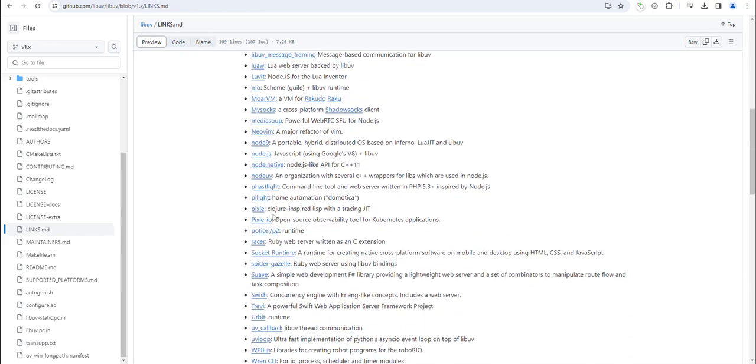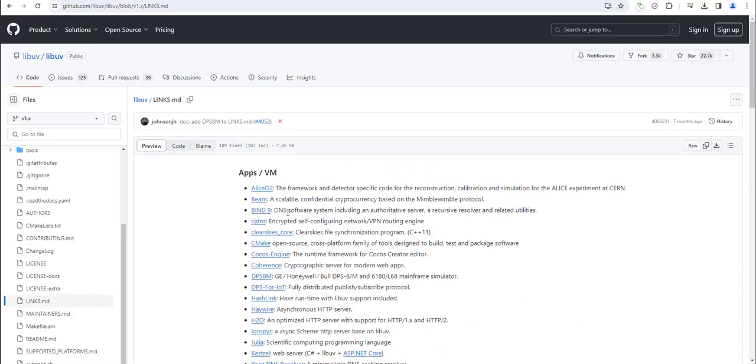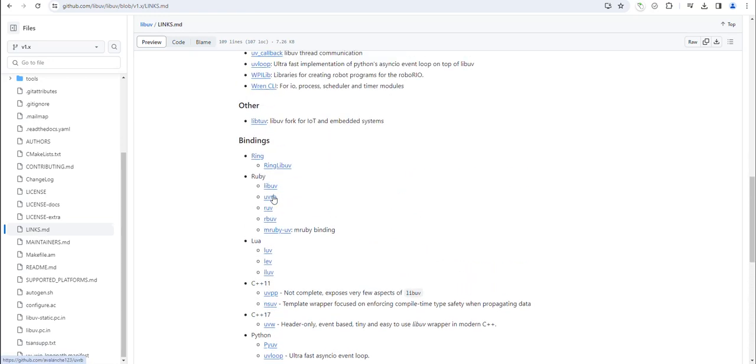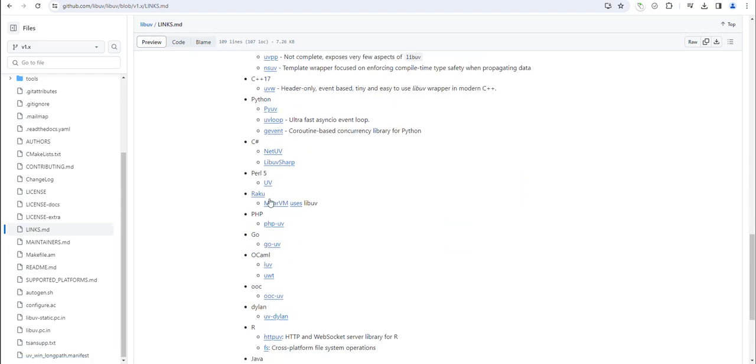Yeah, there is PHP. Wait, what is this? Okay, here's Python. We got different bindings here for Python. So we can actually use libuv with other languages as well. But since Node.js is known to use libuv, it's the prominent or dominant one. Either way, if we go back here,